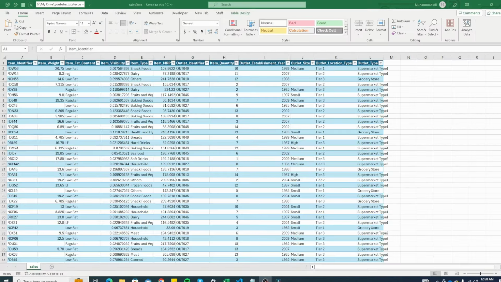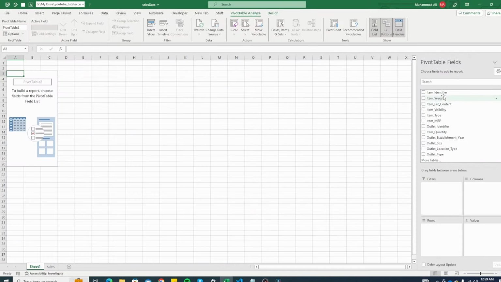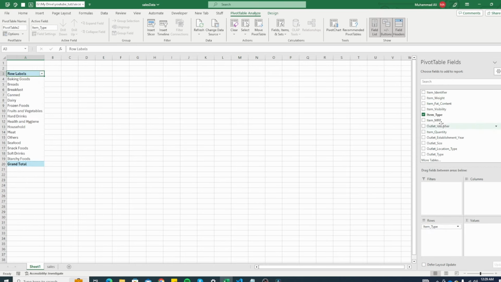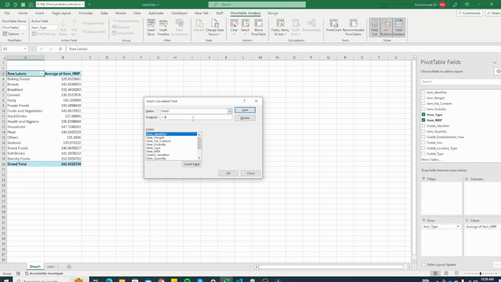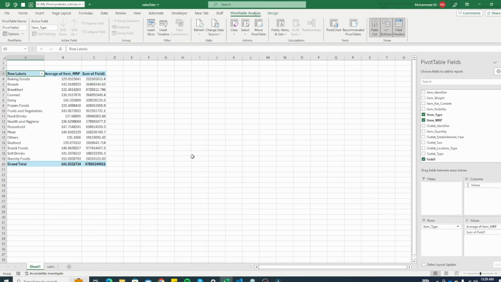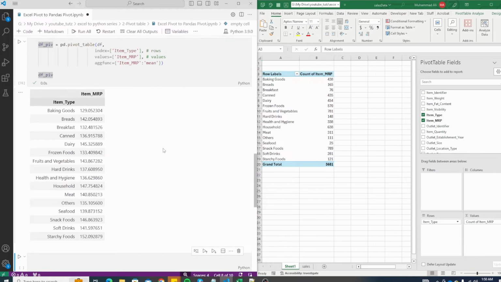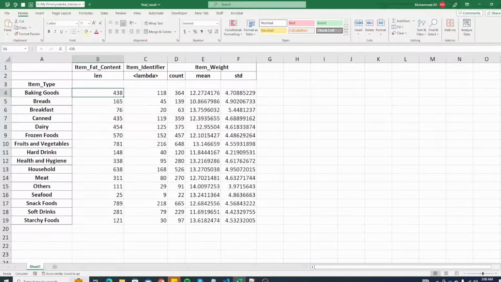If you have used Microsoft Excel for a while, then you must have come across the dreaded pivot tables, which are great and pretty fast for simple and easy tasks, but it's not best suited for complex tasks. For that, we will use pivot tables from Pandas library of Python programming language.